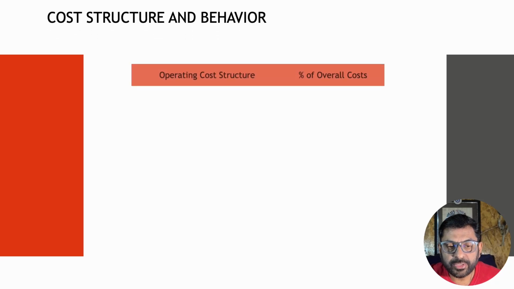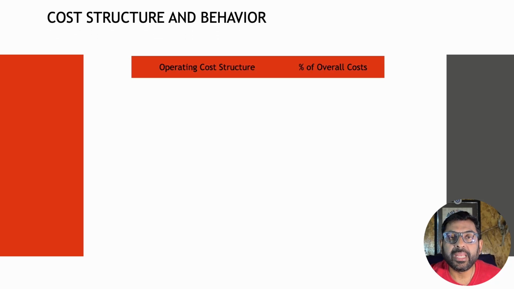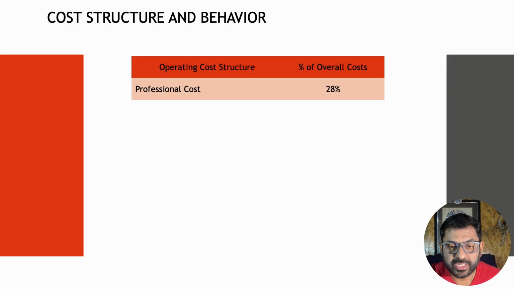In this slide, I just want to touch a little bit upon the operating cost structure and how specific cost items contribute to the overall cost structure of the hospital. So professional costs of doctors would be in the region of about 28% of the overall cost structure. Staff and personnel costs, nursing, administrative, marketing, all of the rest